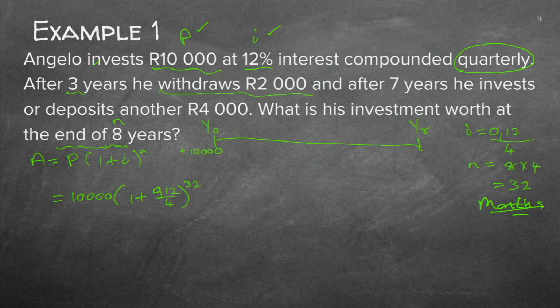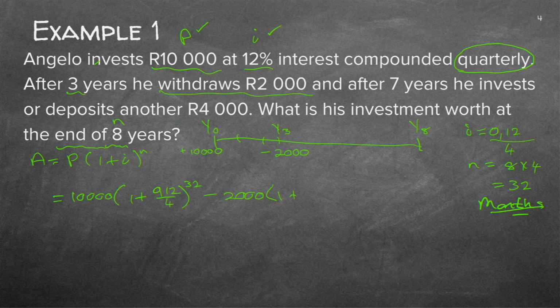So I'm going to do year 1, year 2, year 3. So there is year 3. He withdraws 2,000 Rand. So I'm just going to say minus. So I'm going to still take the 2,000 Rand and slot it into my same formula, because I want to know the 2,000 Rand from the 3rd year to the very end, how much interest I'm now taking away, or how much capital I'm now taking away with interest. So I'm just going to do it all in one.